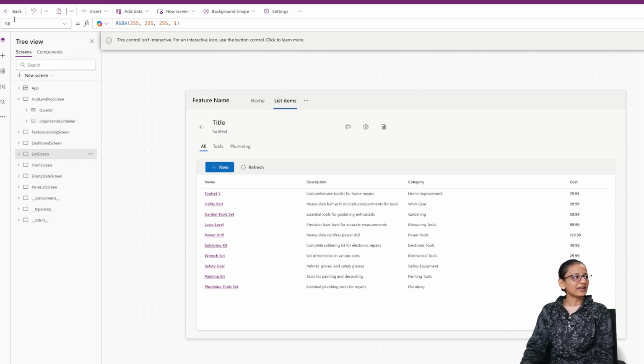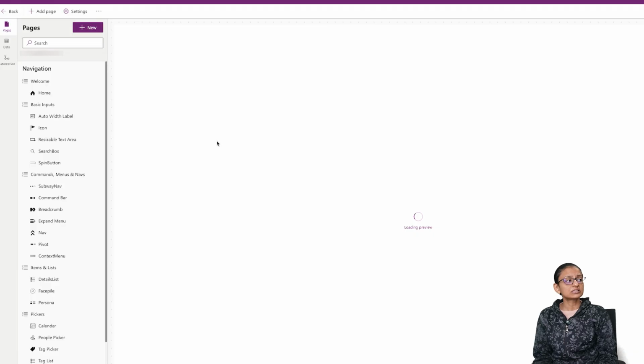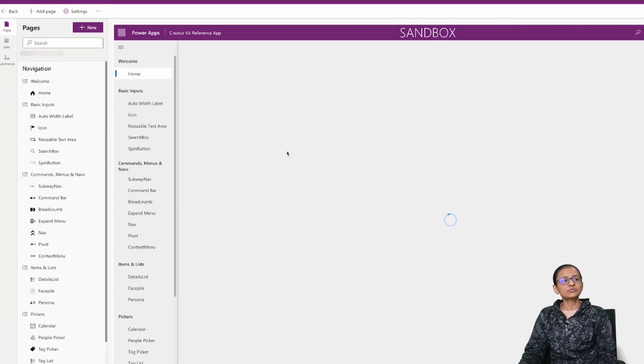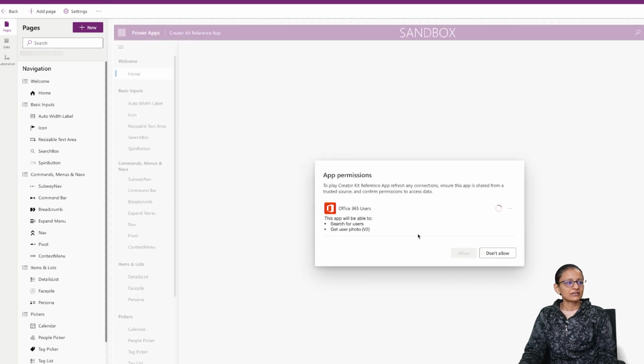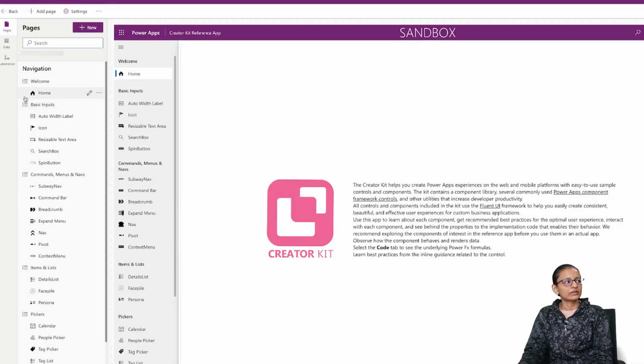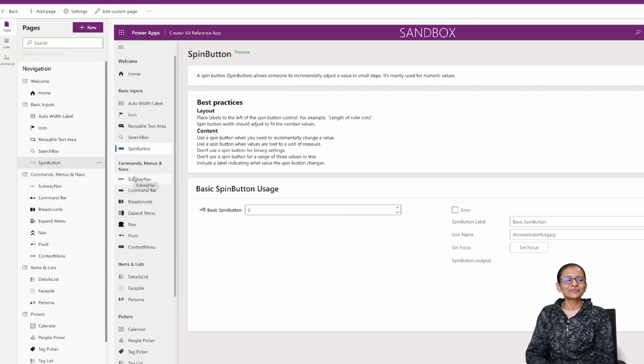And also if you go back, let me click on save, and here you can see the Creator Kit reference app. So this is a model-driven app, and you can see that this is the ready-made design of it, and you just need to set the source and everything, and then your app is ready. And here you need to click on allow. Just wait, let everything load and click on allow. So whatever data is there, it will be loaded. Okay, so here you can see that the different menus and navigation and everything are there. So this way you can install Creator Kit in your Power App developer account.